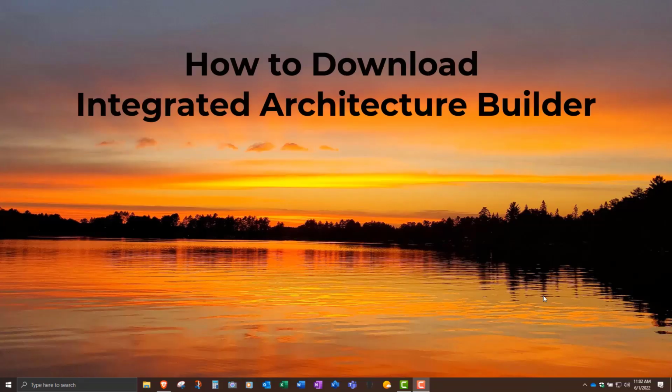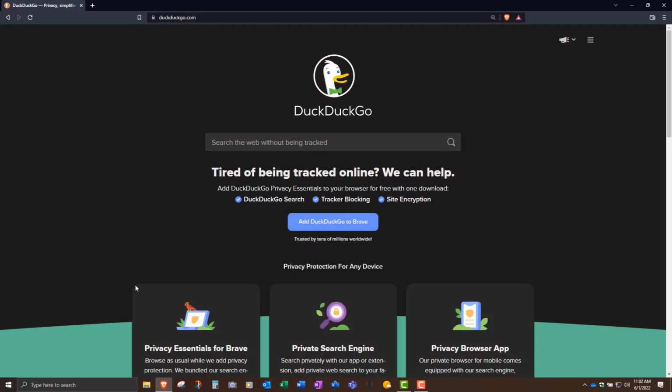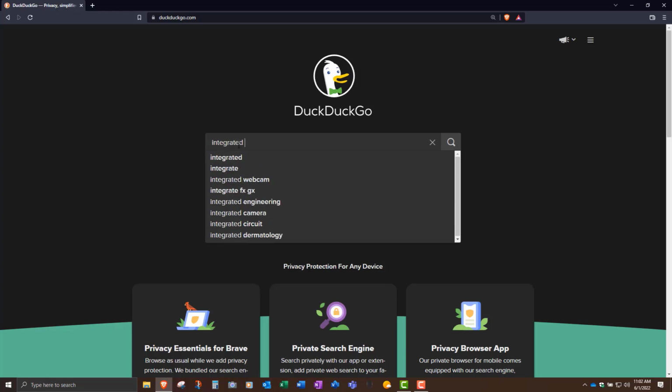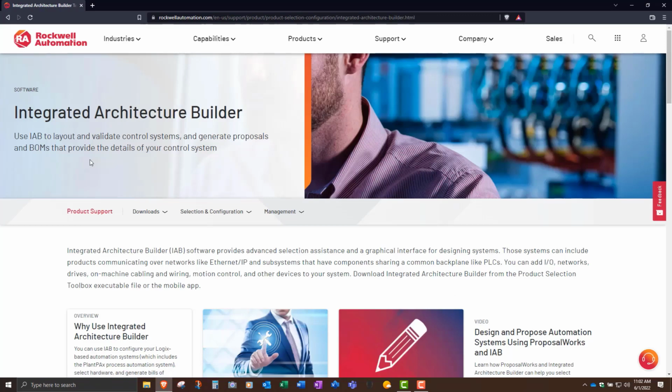During this session, I'm going to show you how to download Integrated Architecture Builder. So first we'll bring up a web browser and go to a search engine and type in Integrated Architecture Builder. It should be the first search result that you see. So click on this. And Rockwell has a dedicated Integrated Architecture Builder